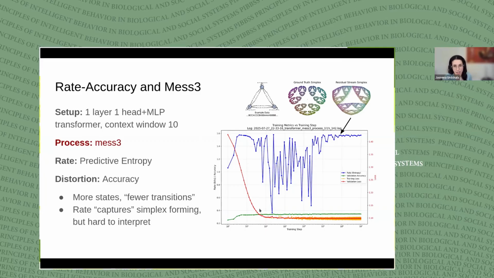And unlike the previous case, what we find is that, at least for the loss and the accuracy beyond 100 training steps, not a lot seems to be happening, not any transitions. And there's, at least to our understanding, not a lot of interpretable things one can say about the rate occurring towards the middle of the training. But what we do find by just doing simple PCA or linear projection is that the simplex forms somewhere around here. So where this rate metric seems to be